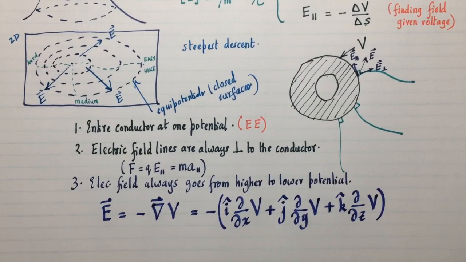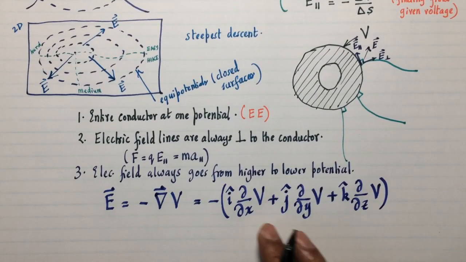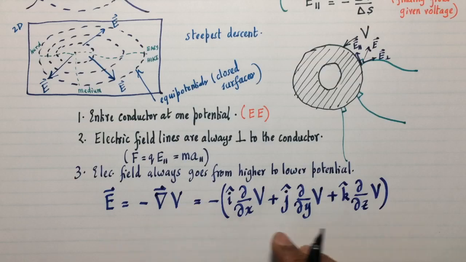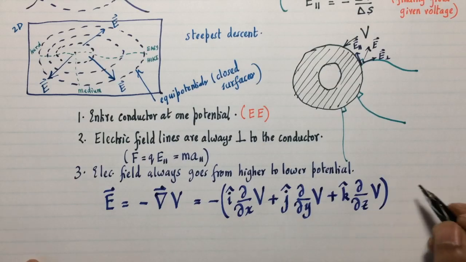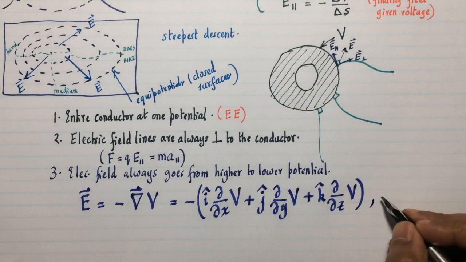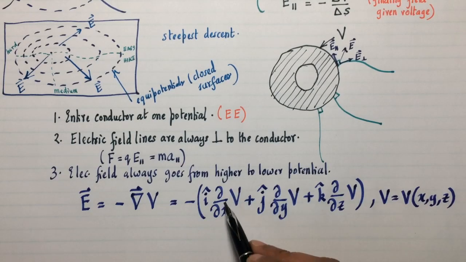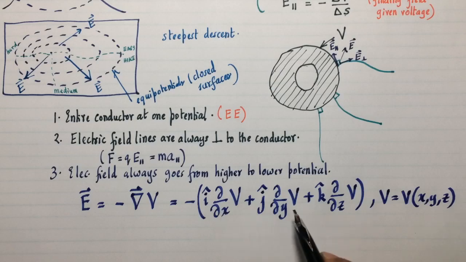Towards the end of week 4 notes, you will see some examples of how to get electric field in 3 directions from voltage, which is just a scalar function. Remember, voltage is just a function of x, y, and z. So from a single function, you're able to manufacture 3 separate functions, which are the x, y, and z components